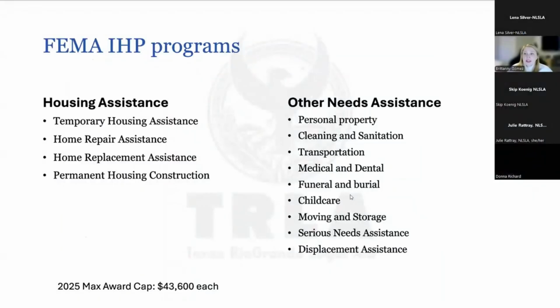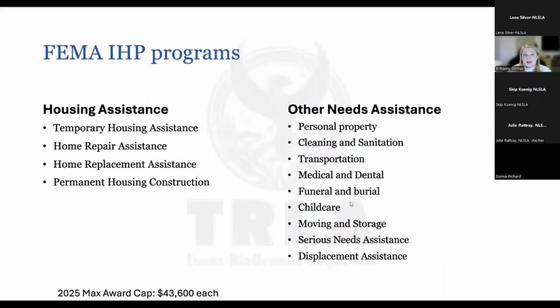So generally, under FEMA IHP, there are two types of programs. There is the housing assistance program and then the other needs assistance program. And in the most simplified way, housing assistance covers housing repair, home replacement, permanent housing, and temporary housing like rental assistance and transitional sheltering. Other needs assistance is going to cover a survivor's personal property, transportation, all of these items